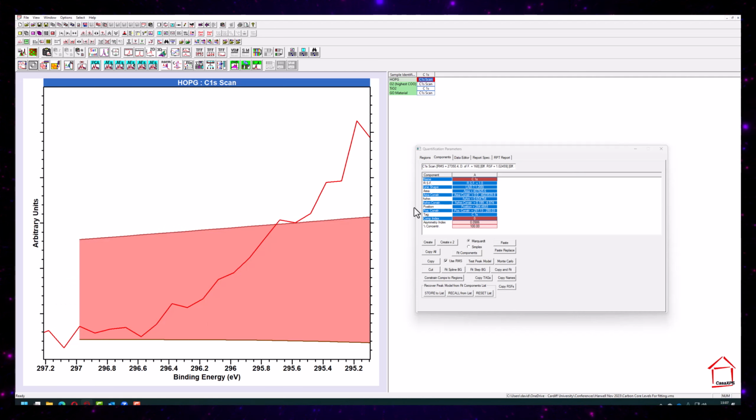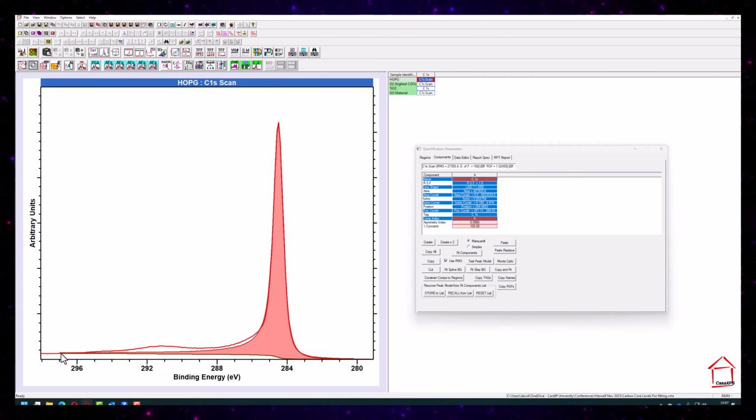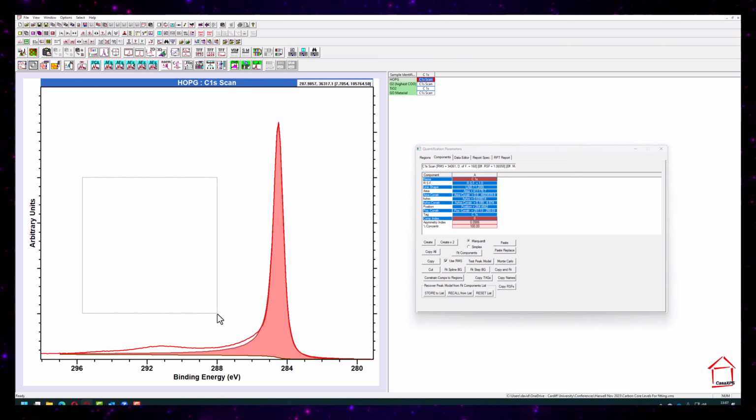So when you're in components, you can drag the bottom of the data and just drag it down slightly to change your endpoint. You can do that on this sort of screen as well, and you can fit the data there. Okay, so what we want to do now is look at this sort of